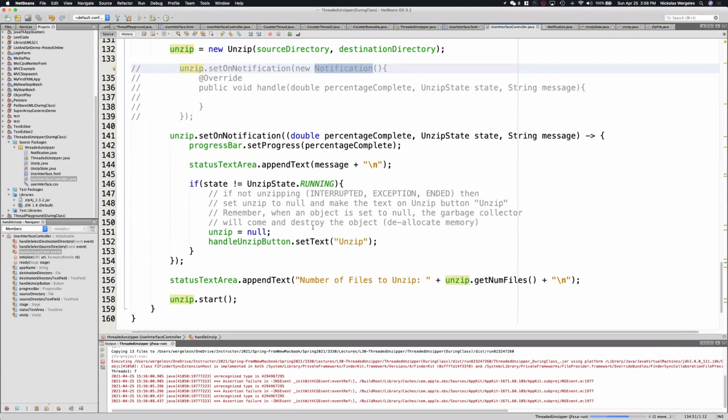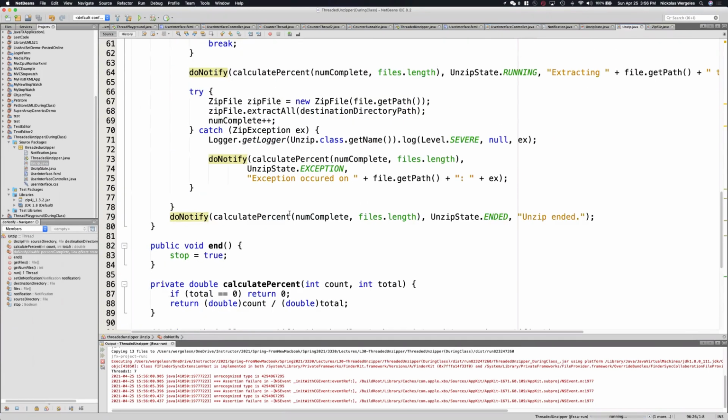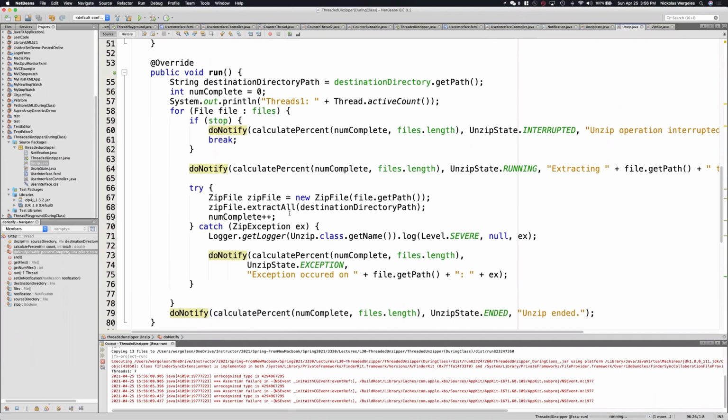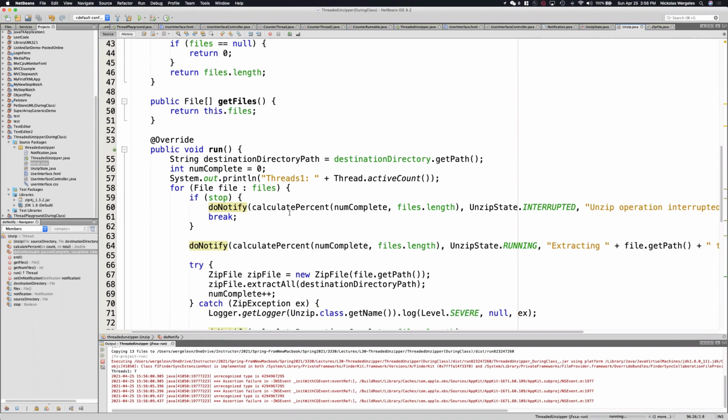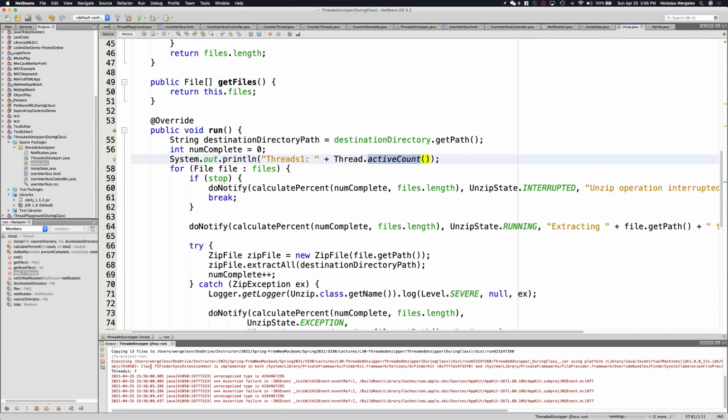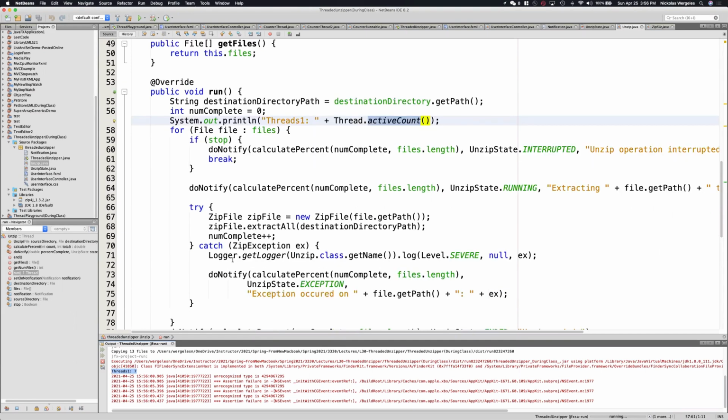Okay, this application compared to the system default. This one's threaded, so it's all happening concurrently. I'm using cores in my processor, and you'll see it says thread active count, so we can see how many threads there are. Let's see, it used 7 threads. Now, some of these threads may be for other things, like the main thread. It may be for running the application. We're not quite sure how many threads it used to unzip the files, but what matters is it happened concurrently,